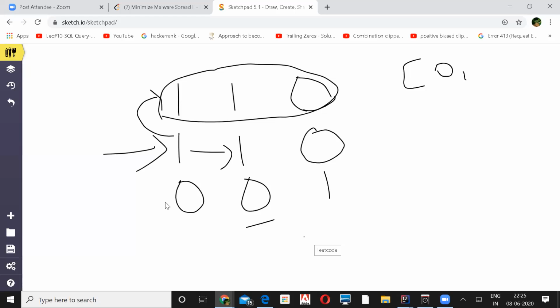The 0th row is the same. The first row is 1 1 1, and the last row is 0 1 1. Okay, so in this case, everyone is connected to each other, right? So any of them will have the same impact, all of the elements 0, 1, and 2. And the initial is only 0 and 1, not 0 1 2. So even if the initial is 0 and 1, they both are going to connect the same number of nodes.